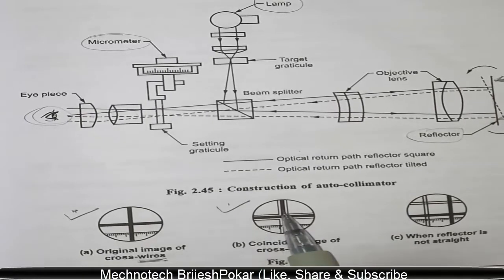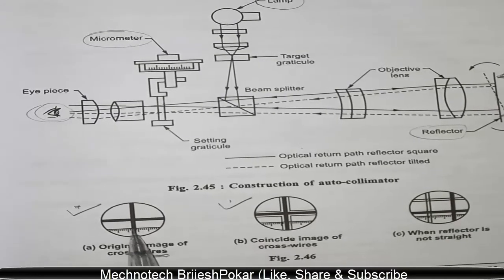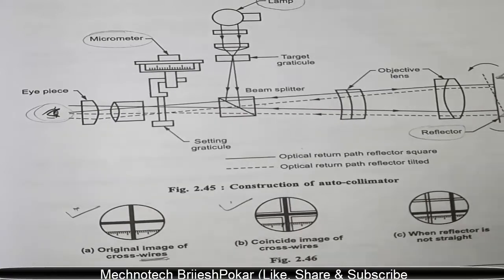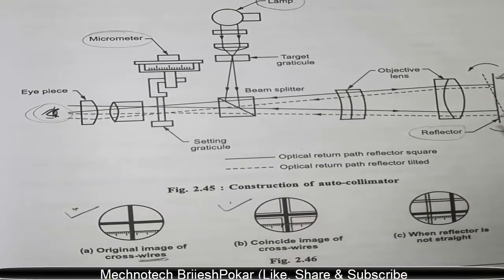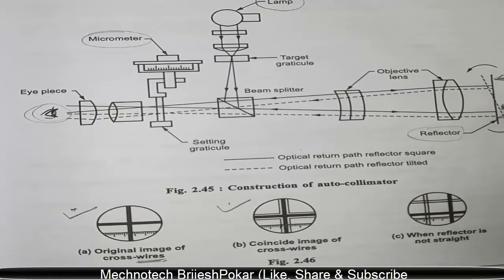You can see here this is the coincident image of the cross wire. Now you can take this scale and measure this point. Now if this reflector is tilted, as you can see from the dotted line, if this reflector tilts at some angle,